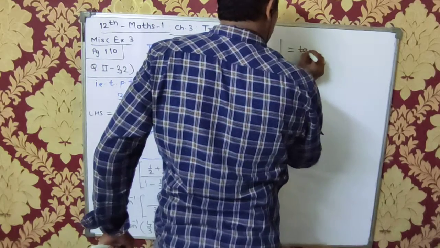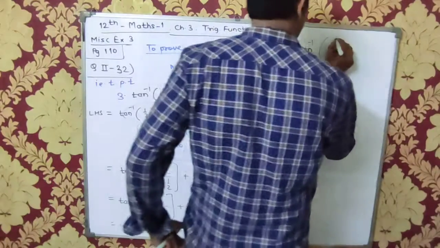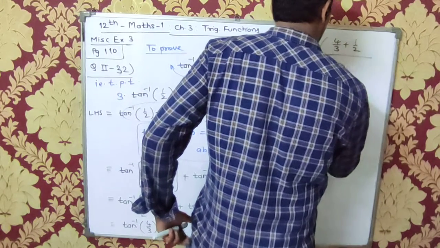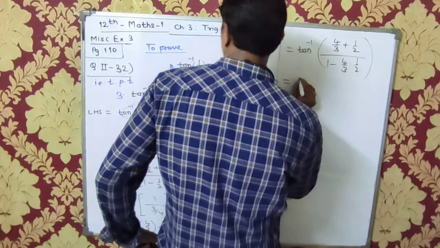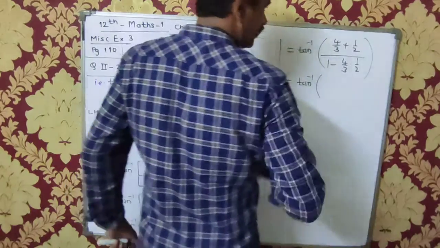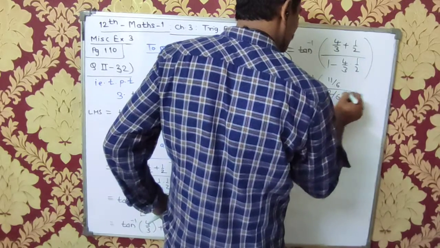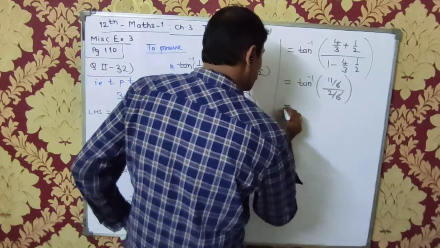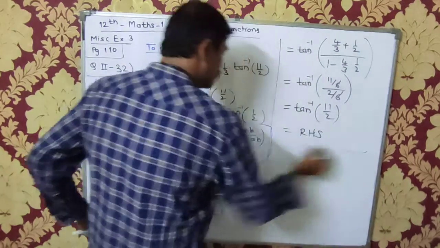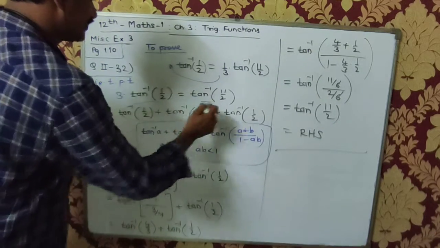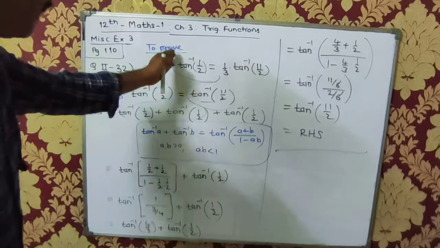So that will give me tan inverse of, tell me what will it be? 4 by 3 plus half divided by 1 minus 4 by 3 into half. Alright. So that is equal to tan inverse of 4 into 2 is 8 plus 3, 11 upon 6, and 6 minus 4 is 2 by 6. 6 cancel, and that is equal to tan inverse of 11 upon 2. But eventually that is equal to RHS, hence proved. I had to prove the RHS, and it has come. I transferred the 3 first and then I processed.